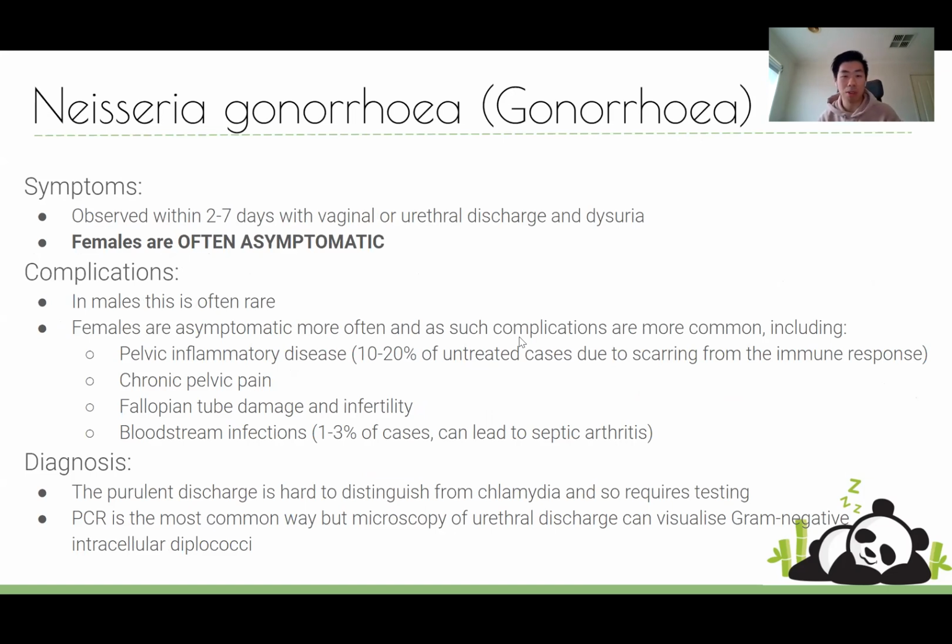Females are often asymptomatic, and again, that's bad because of the complications that can arise. So they're very much the exact same sort of complications. So PID, chronic pain, fallopian tube damage, and infertility. Because it's hard to determine clinically what the differences are, PCR is a good way of distinguishing that if you can't get that gram-negative intracellular diplococci